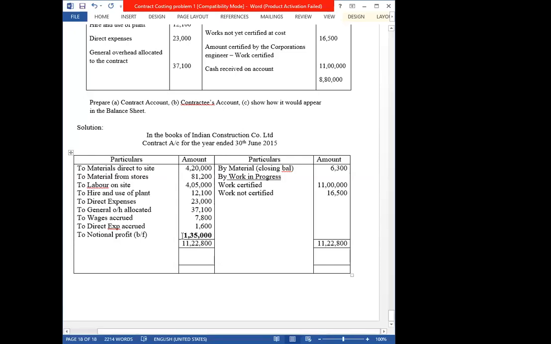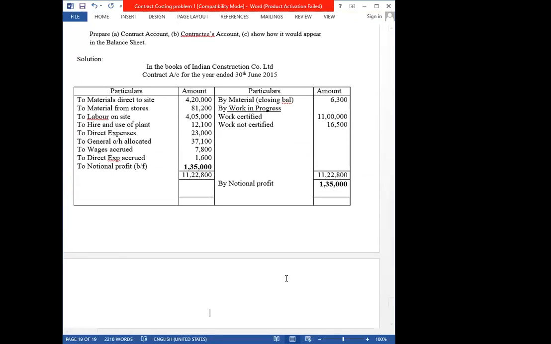Okay. So what are we going to do? We are going to transfer this notional profit to the opposite side, that is credit side. So here I am going to write by notional profit. Now you are going to segregate this into P&L and the reserve. For that, what we have to do? We are going to do the workings. Okay, so what is the working? The workings are first